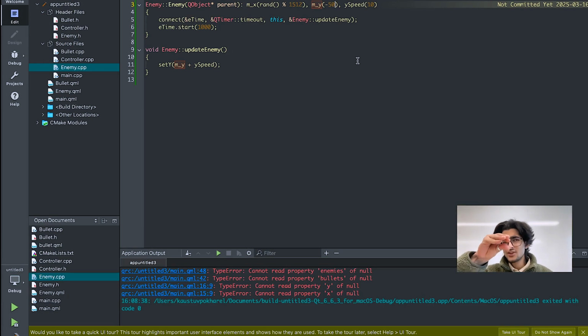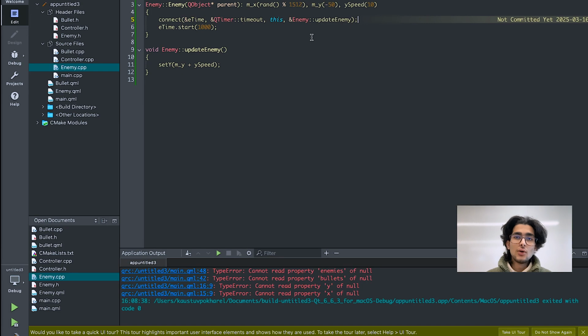So I want this enemy rectangle to be created outside of the window, and then it needs to come inside, just like a rocket flying from somewhere outside and entering the window. I don't want a rocket to be created inside the window and then just coming down. No, I want a rocket to be created outside of the window. Outside of -50 pixels means what? Negative. The window starts from 0, so -50 is outside the window, and then it comes slowly downward to the height of the window, which is in positive values. So seems good. If I run it again,